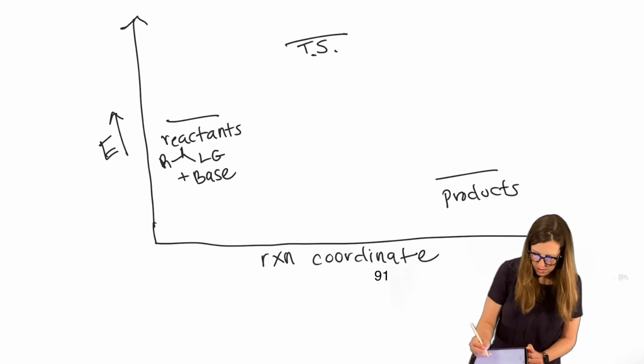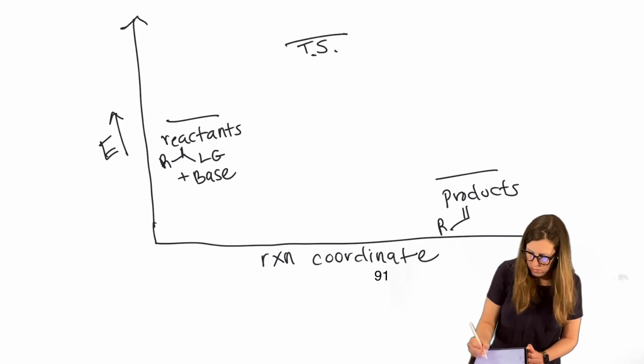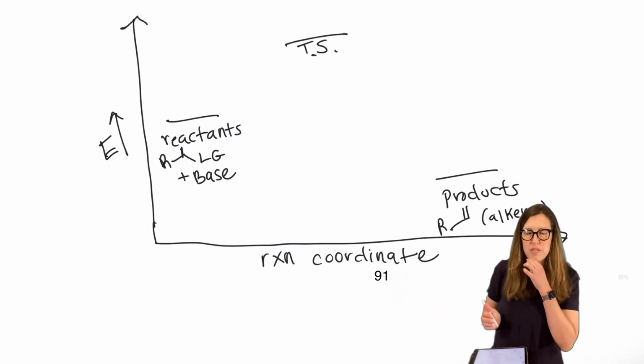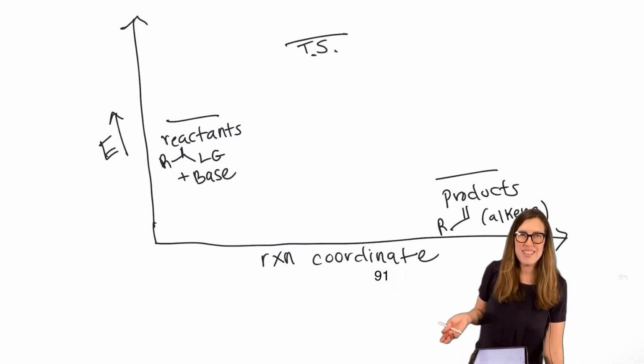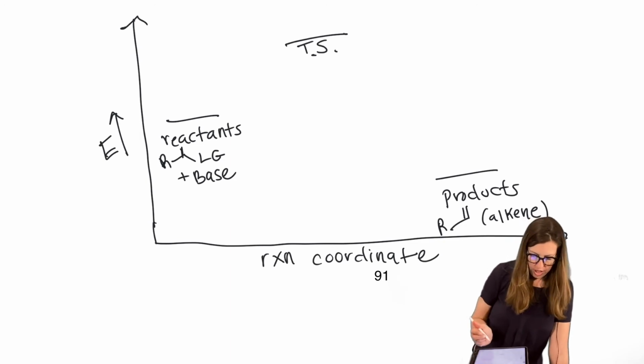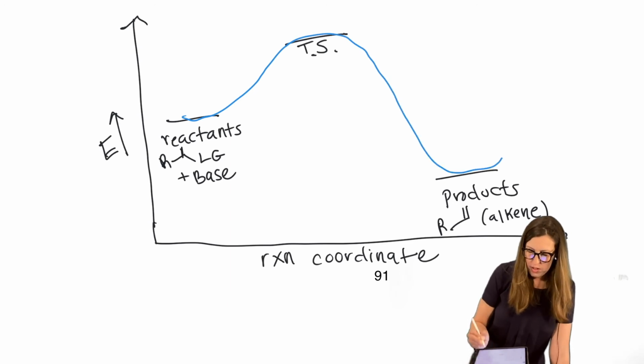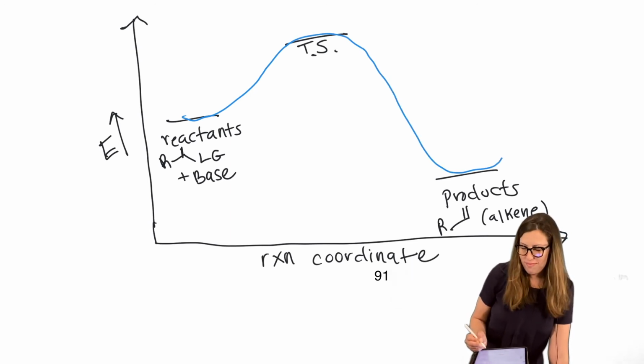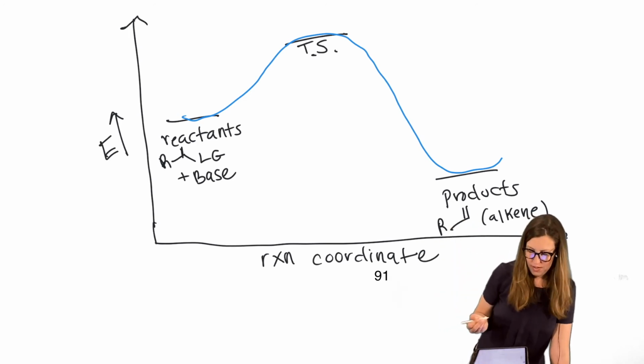which is an alkene, right? We're mostly concerned with the organic product, but yes, the leaving group's off somewhere as an anion, the base became its conjugate acid. So there's all those other things there. But what we're really tracking is the organic substrate changes. So let's connect our dots. Ooh, that should look familiar. Just that single simple plot. Looks identical to what? SN2, right?